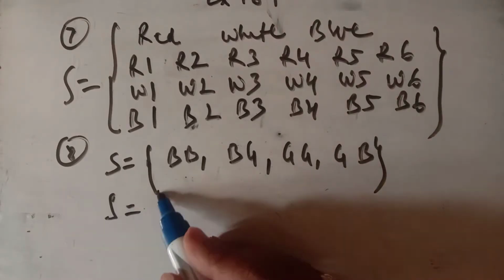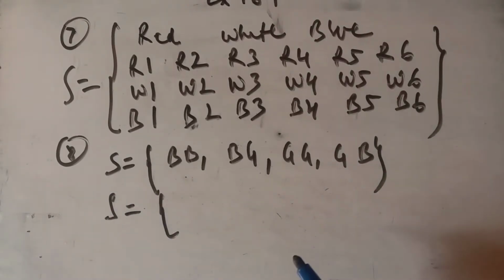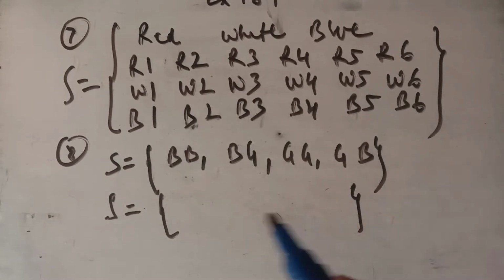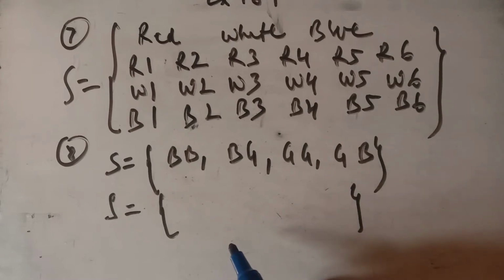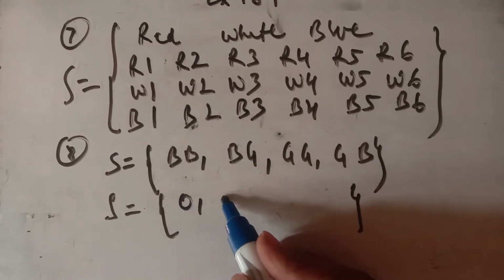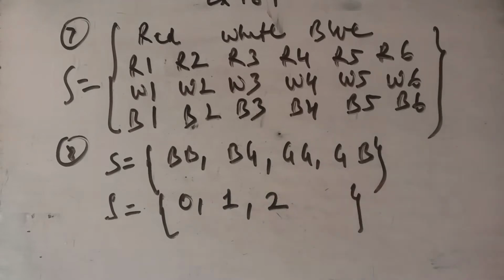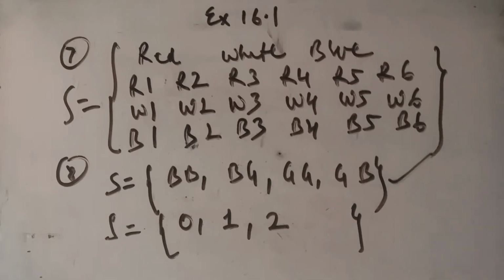In the second case, you have to know how many girls are in the family. What is the sample space? Because there are 2 children, how many girls can there be? At most 2. So there can be 0 girls, 1 girl, or 2 girls in the family. In the first case, you find the possibility of a boy or a girl in the family, and in the second case you find the number of girls. Maximum there are 2 children in the family. So this is question number 8.